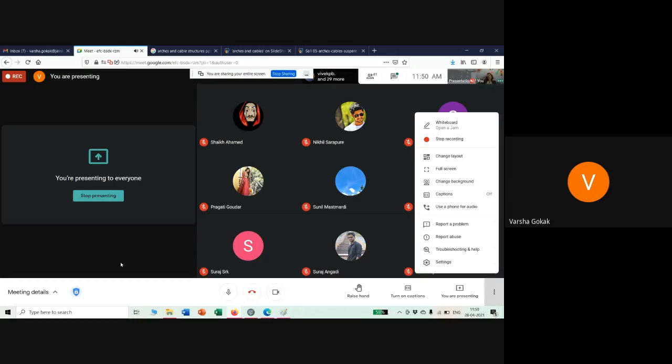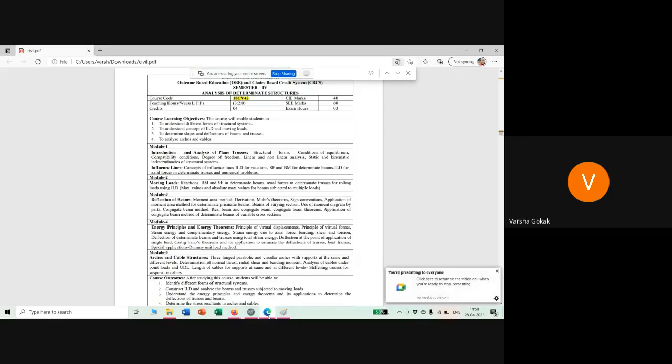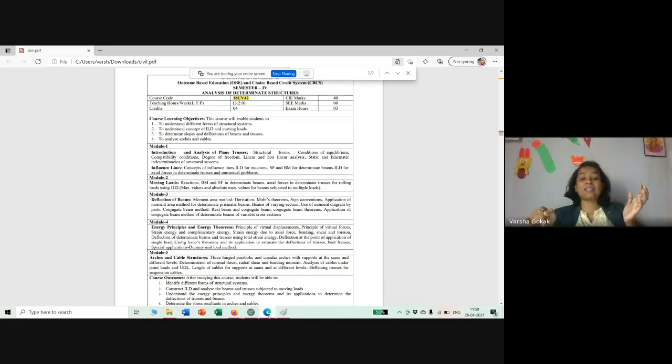Say we have a beam. All of you have done the analysis of a beam, where there was UDL and point load, and you have calculated and plotted the bending moment diagram and shear force diagram. From that diagram, I will get one maximum value for bending moment and one maximum value for shear force. That shear force and bending moment value will be used for designing that particular beam. If in reality I have a beam with that loading system, then I will use this maximum force, that is, the maximum force coming on the beam. So obviously I'll have to take it into account and then start designing. So they become the input for our RCC design.